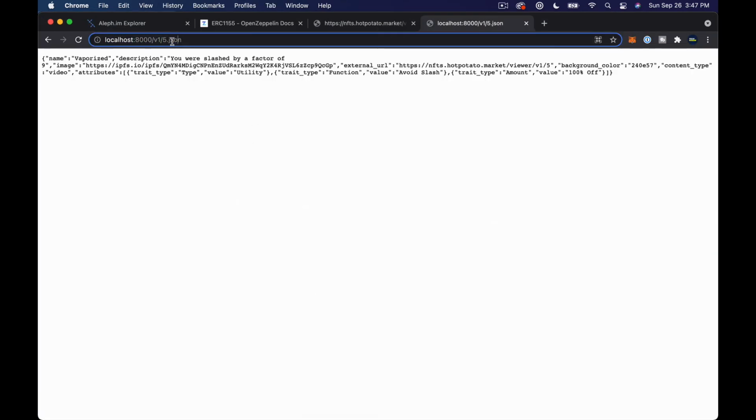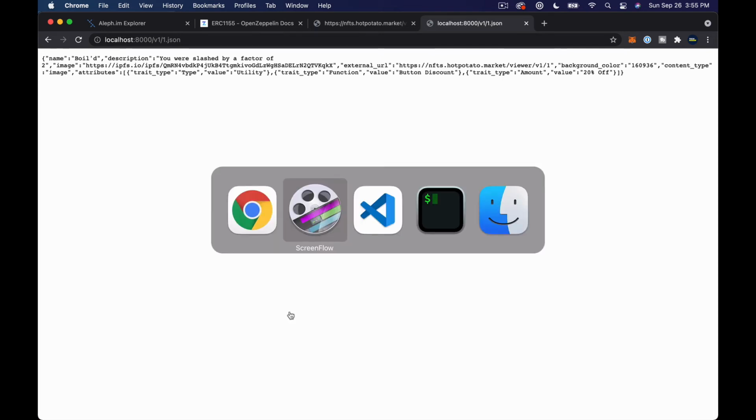Let's just do a quick scan here, make sure all the other ones work. So 4 should be burnt, 3 should be fried, 2 should be baked, and then 1 should be boiled. Okay, cool. So that's working. So the next thing to do, the last thing to do, is actually try to deploy this and see if it works. So I've been trying to deploy this, and I'm having a little bit of difficulty figuring out why